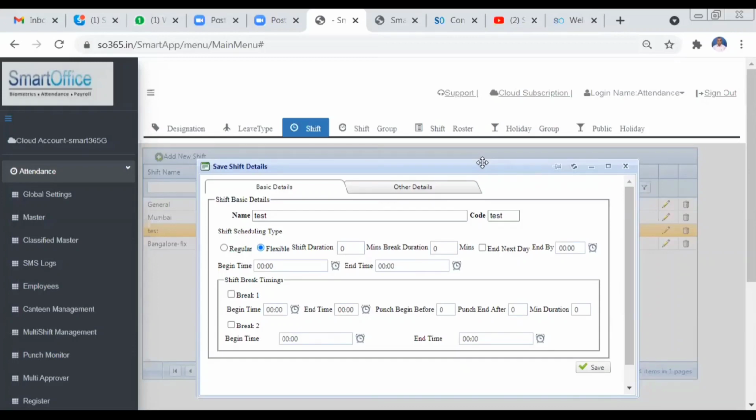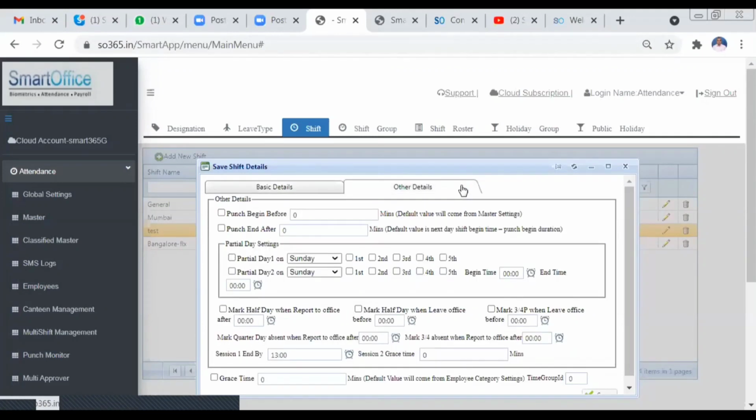Anybody can come at any timing and go at any timing, but you have to maintain a particular number of shift hours, in a 24-hour format. In the other details, you can give a punch begin before and punch end after. If you want to mark a half day for employees coming after the shift timing, you can mark that over here, and you can mention the grace timing also.